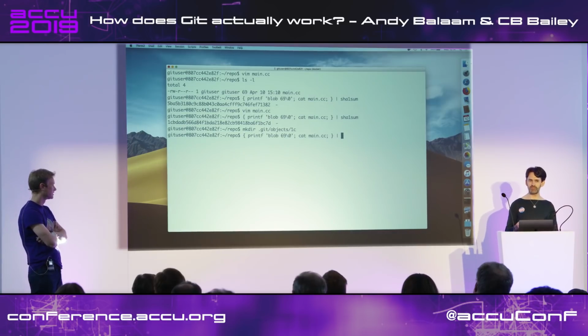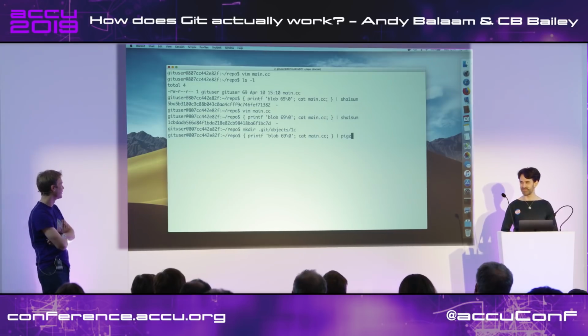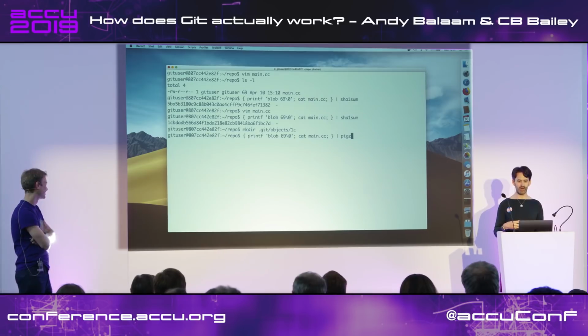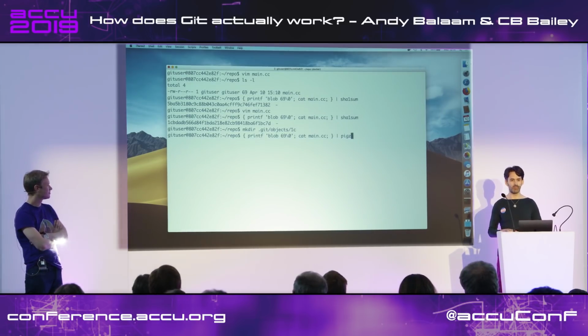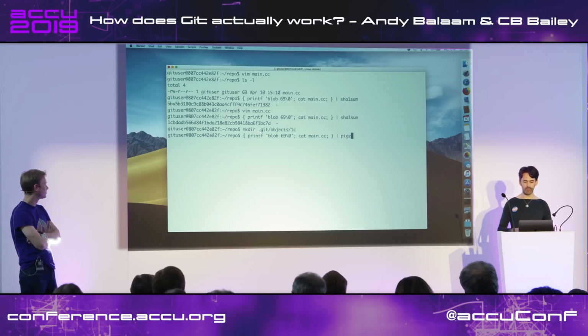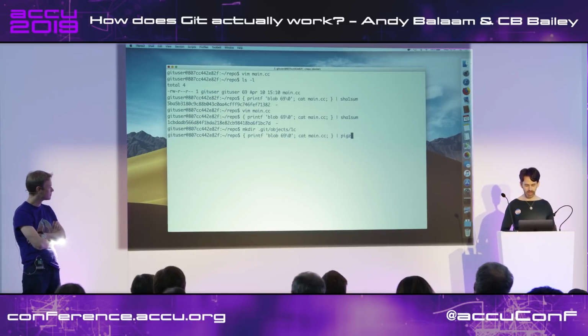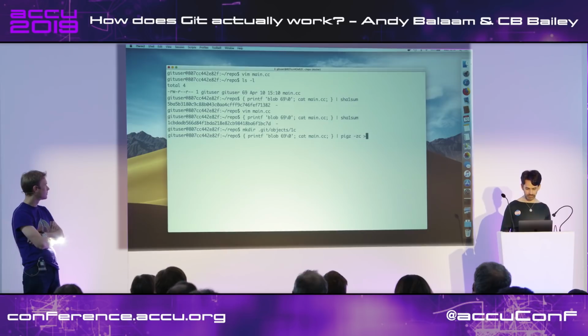So is anybody familiar with the pigz command? No, OK, didn't think so. It took me a while to find this. Objects that Git stores in the repository are lightly compressed with just zlib compression. So it's basically gzip, but without the header that gzip would give you. And pigz is one thing that does this. So if I pipe into .git/objects/1c/